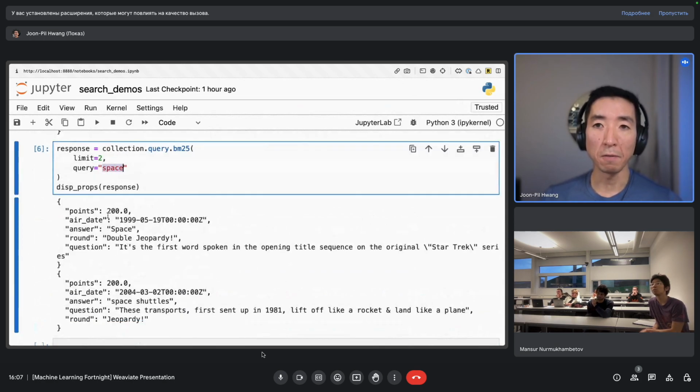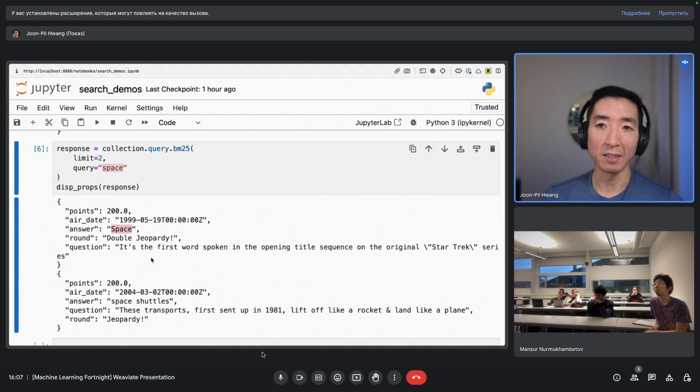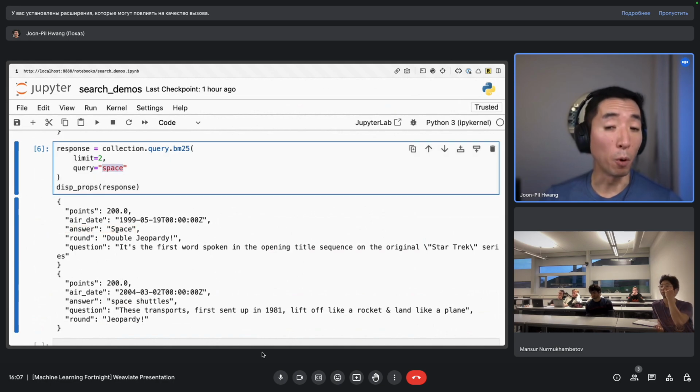And interestingly enough, well, not interestingly, probably actually, you get results with the word space in the answers. They score well because, remember, we talked about the BM25F formula, as I'm sure you all remember. It weighs the significance or the relevance of these words in each field. And because in these particular answers the word space appears as a high proportion of the entire field, that scores really well. That's why we get these results.